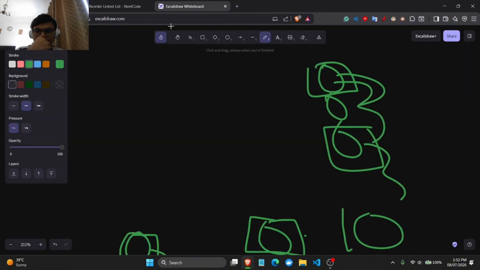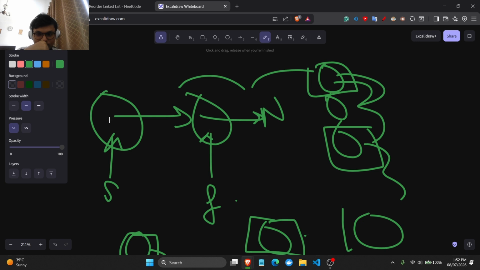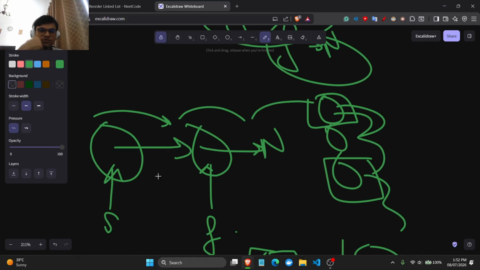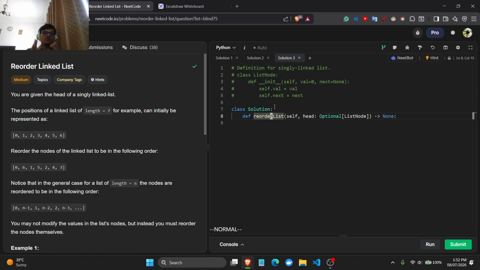So the way we find the middlemost element of a linked list is we start with a slow pointer and a fast pointer in these initial positions, and we move our fast pointer by 2 and our slow pointer by 1. The moment our fast pointer's next element is none, or the fast pointer has become none itself, we look at the slow pointer, which will be pointing to the middle. So the very first step in this, we're going to find the middlemost node, so we'll say slow